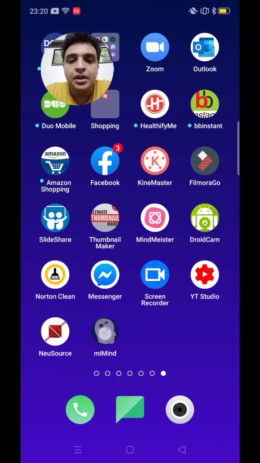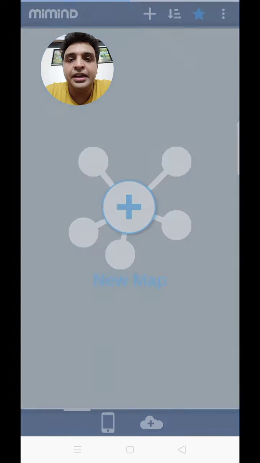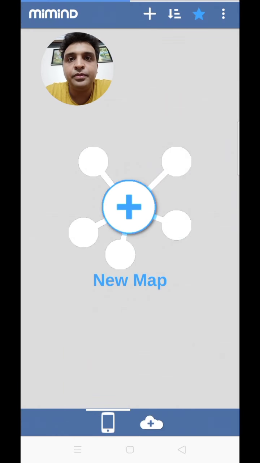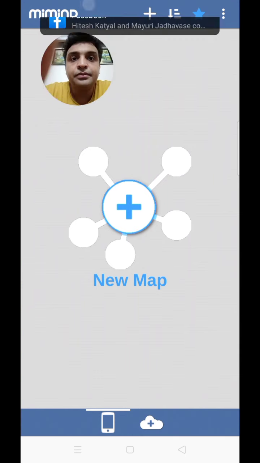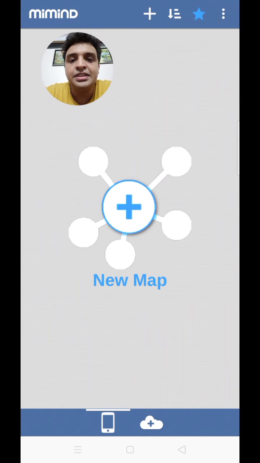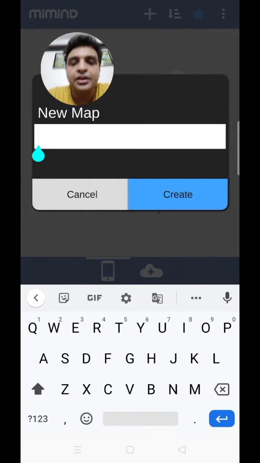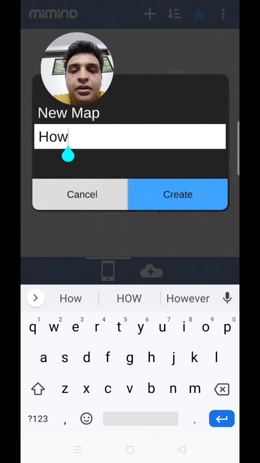Okay, so we will use the MeMind app, which you can download from the Play Store. The spelling is on the top, you can see it, MIMIND. As soon as you download and install this app, this is the first screen you would be greeted with. You just have to click on the plus icon and type the title that you want to keep your mind map with. Okay, so I'll create